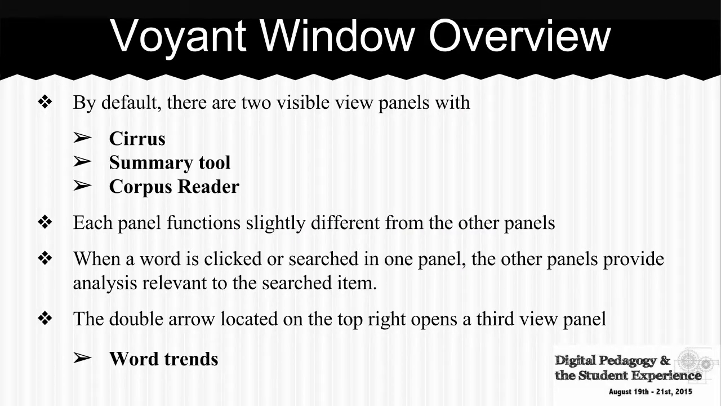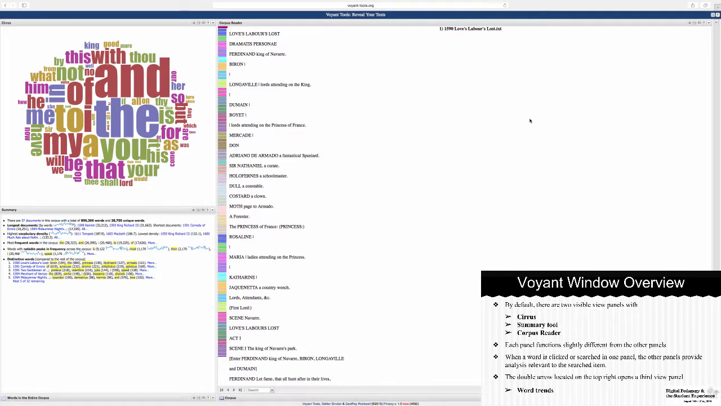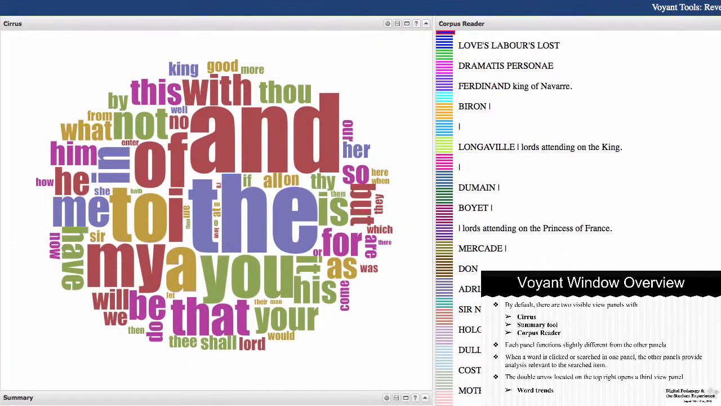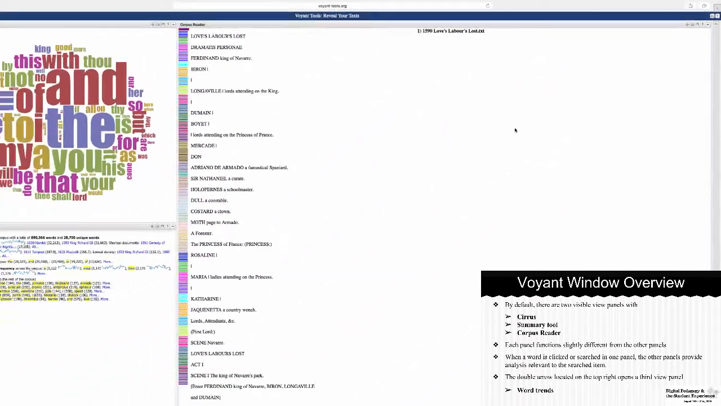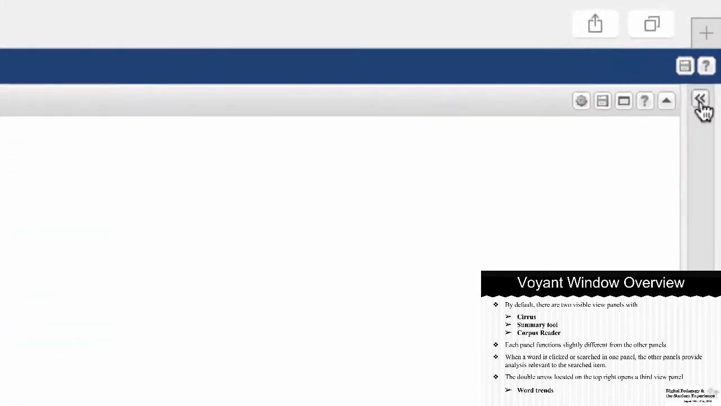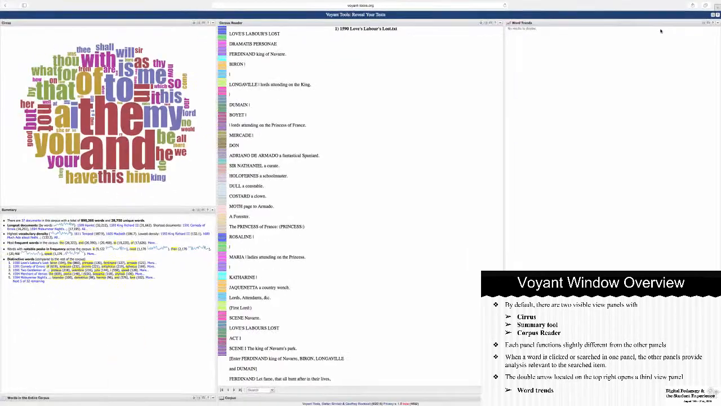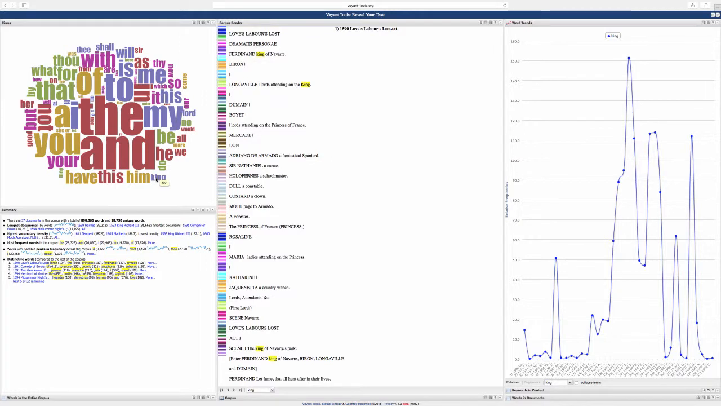As soon as you hit the Reveal button, you will notice that Voyant has, by default, two visible view panels with the following tools, and we'll discuss these tools in more detail. You will see the Cirrus tool, the Summary tool, and the Corpus Reader. Each panel functions slightly different from the other panels, but they all interact together to offer different visual analysis. There's a double arrow located on the top right that opens a third view panel. When you click a word or search for a phrase in one panel, the other panels provide analysis relevant to the searched item. That word becomes the focus of all the other